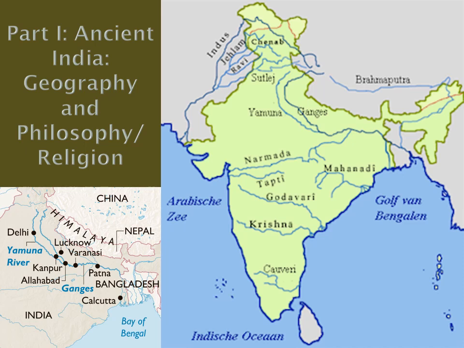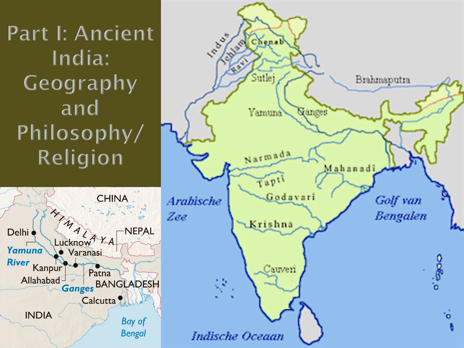So this is the analogy used between the two great rivers of Yamuna and Ganges and the origins and development of Indian philosophy and religion. Now this lecture, the pre-Buddhist background, is basically taken from your textbook, The Tree of Enlightenment, chapter 2. I'm just picking up some important points and explaining them to you, so that later on when you go through chapter 2 yourself, you will find it easier to understand the content of the chapter.